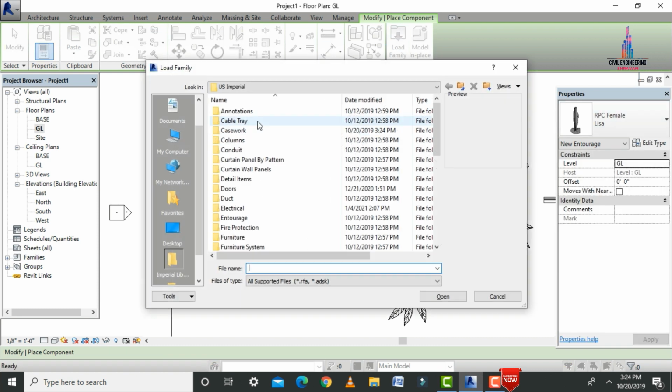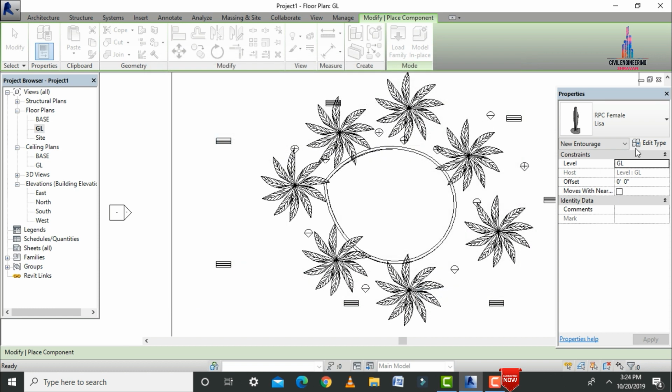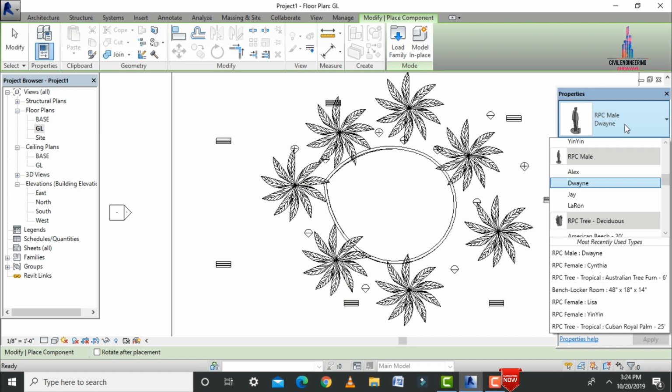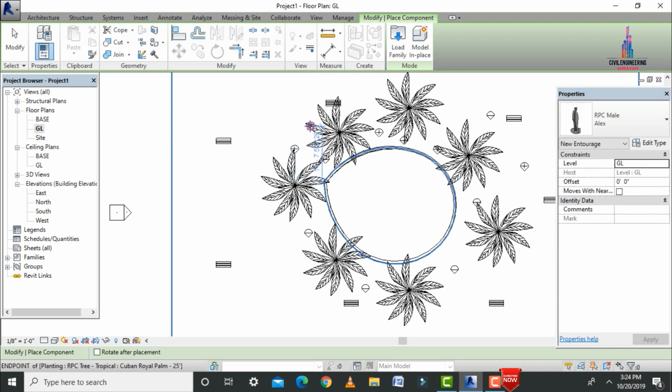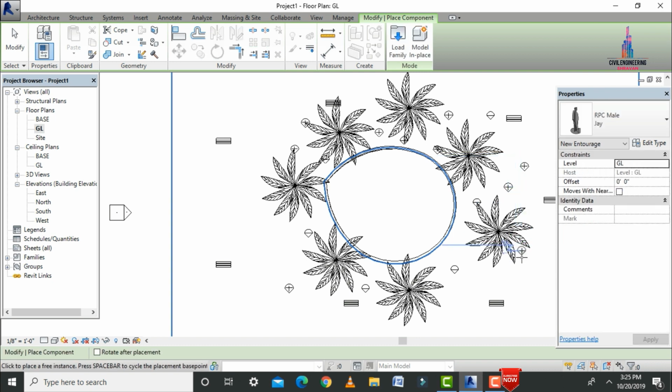In the same way we have to load the male candidates with the help of enroll male. Click on OK. So here I am selecting these respective names like this. Initially I am selecting some Alex name. Here I am selecting some positions and points as per my requirements. Again I am selecting one more name, related to J. Again I am adding the persons here.